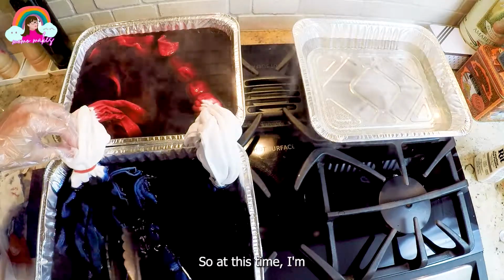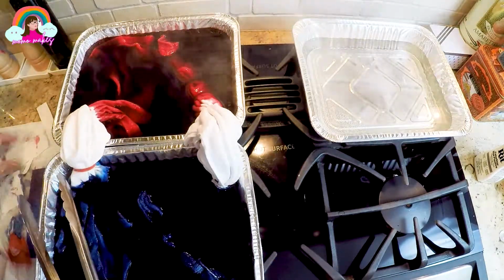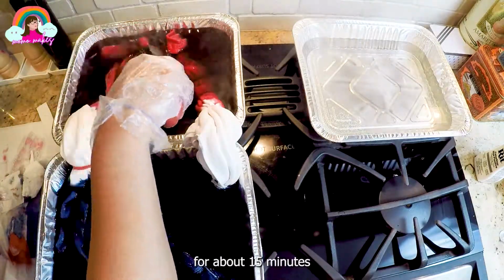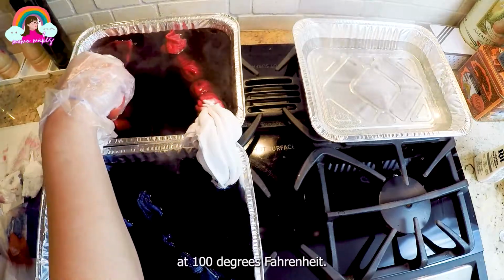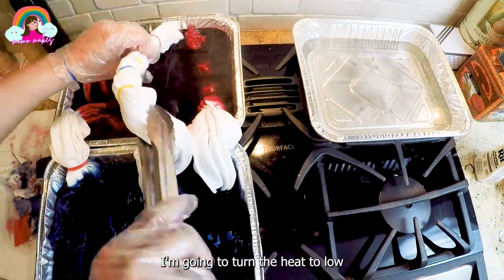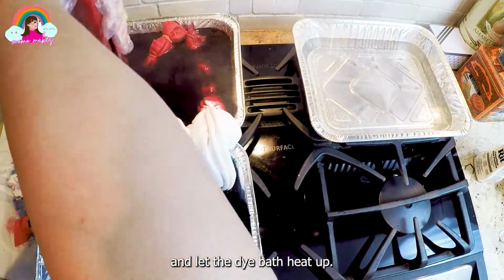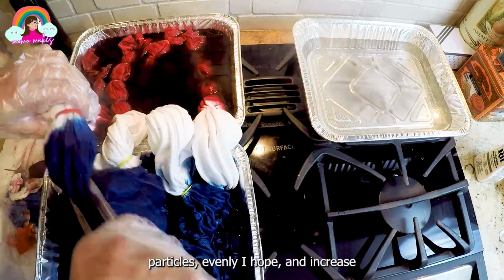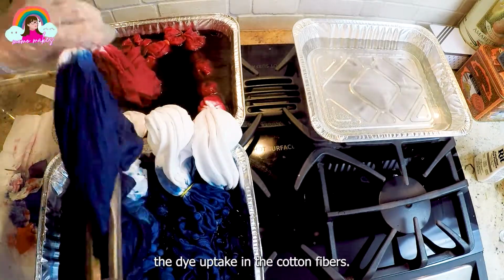So at this time, I'm going to keep the middle of the shirts undipped in the dye. The t-shirts will soak in the dye bath for about 15 minutes at 100 Fahrenheit. I'm going to turn the heat to low and let the dye bath heat up. The heat will dissolve the dye particles evenly, I hope, and increase the dye uptake in the cotton fibers of